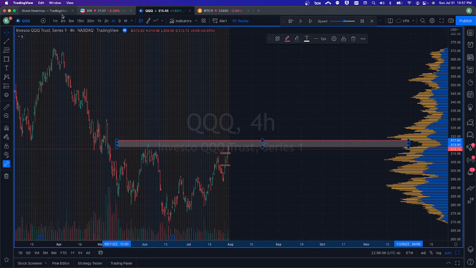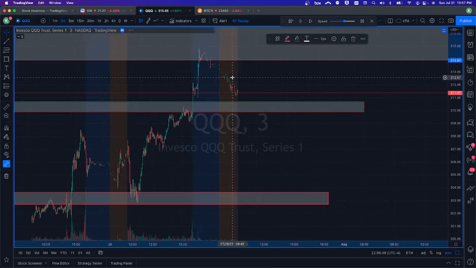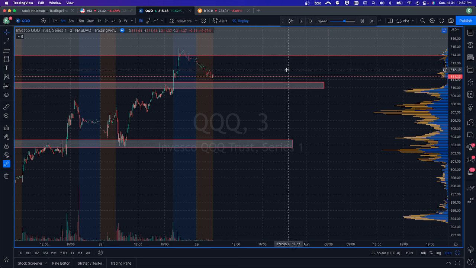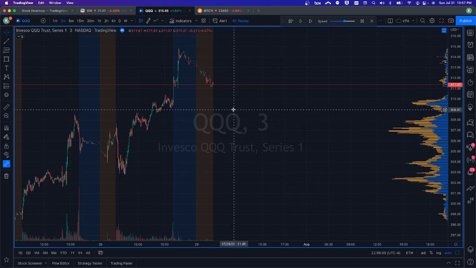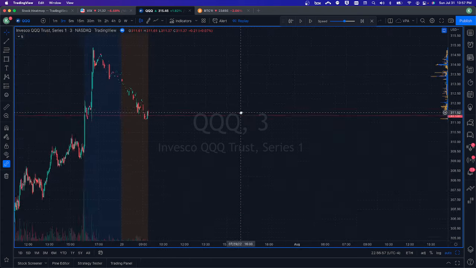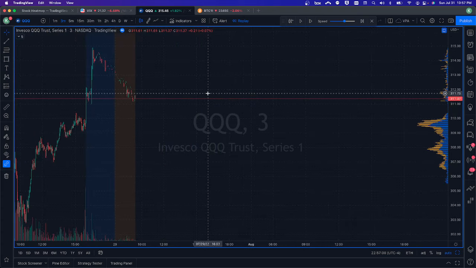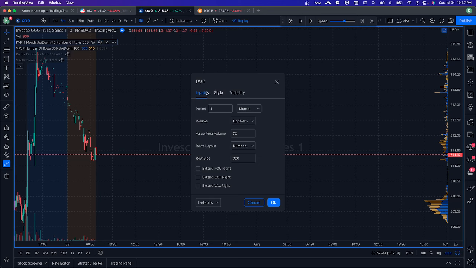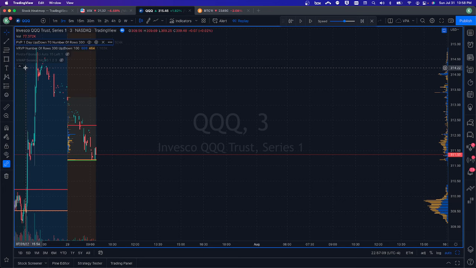And if we zoom in on this lower time frame, look at that. When we moved up to that big volume gap, we rejected and we started moving lower as of now. So that's what's amazing about this. But again, it doesn't necessarily indicate that when we're using this intraday, right? So we can get an idea of where supply and demand zones will be based off the volume profile, volume gaps. But I just want to show how you can use this intraday and how it will look, and how it can still help you with your trading,